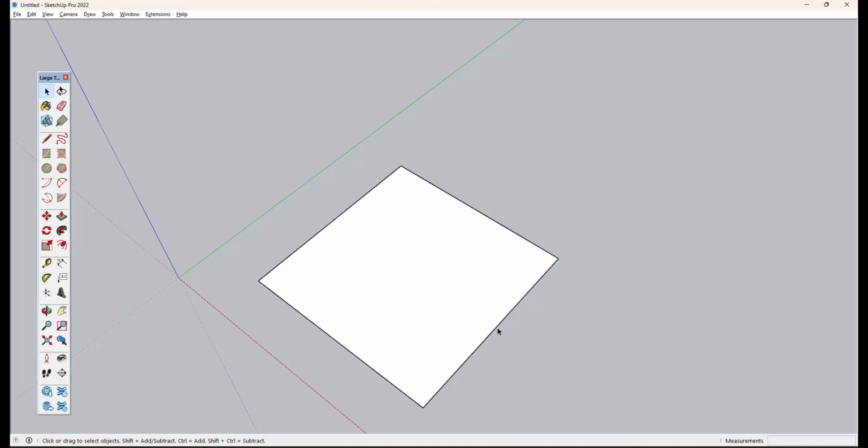In order to select the edge, you can click directly over the edge. In order to select the face only, directly you select on the face which is highlighted like this. In order to select both the face and then edge, you have to double click. In SketchUp we have the selection method, that is single click to select any single part, double click to select the plane, and if it is in 3D then you have to triple click to select the object.